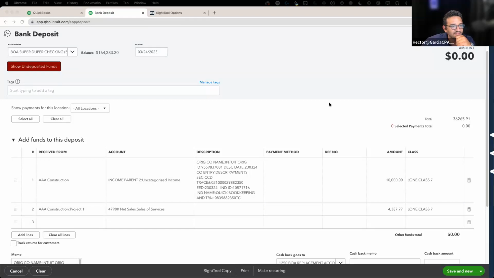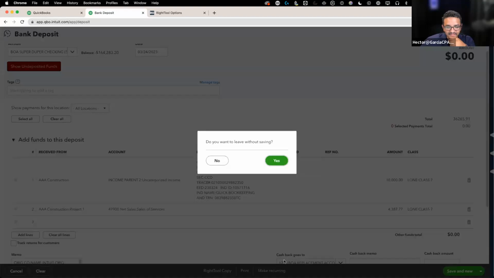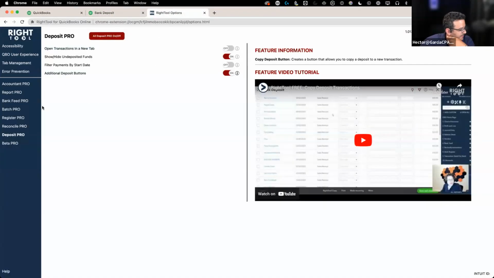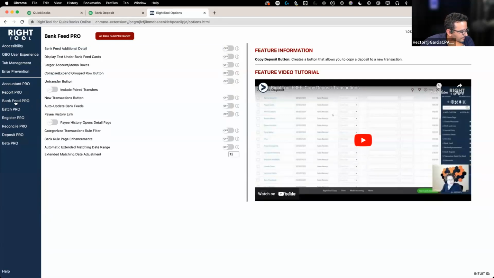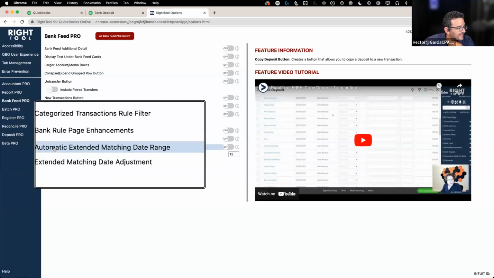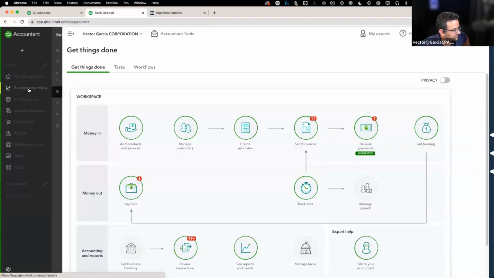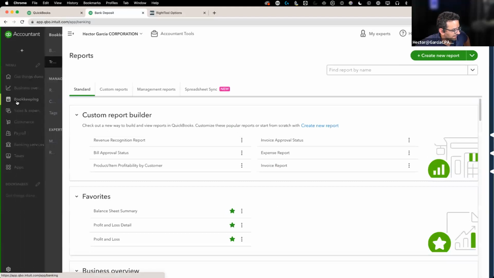All right. So let's talk about extended matching range in bank feeds. Let's go back in here, and that should be under bank feed. This is called automatically extend matching range, and then it gives you a number to choose. But I have to actually show you. So I'm going to go into banking,